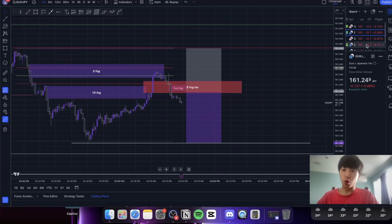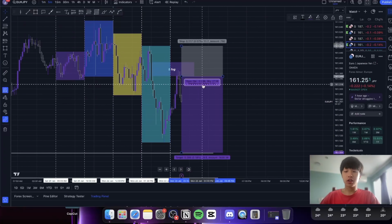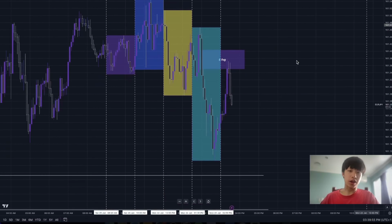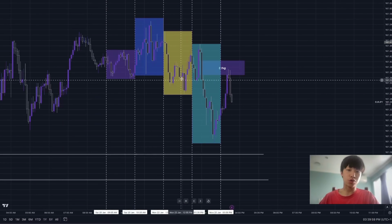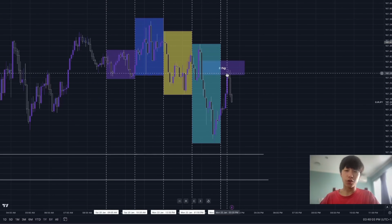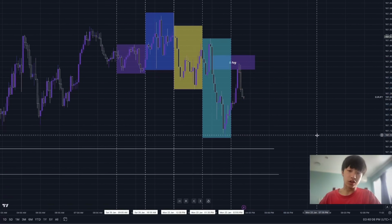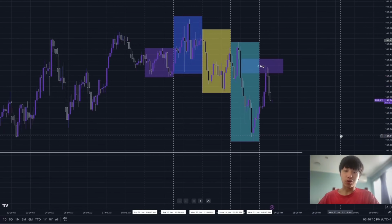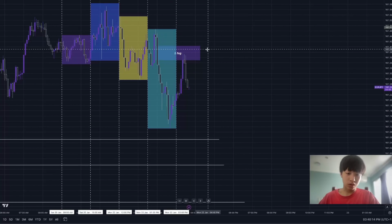In terms of quarterly theory, I don't think our quarterly theory is lining up with anything crazy. Smart money concepts is nice, but as you guys can see right here, accumulation, manipulation of the high, distribution, and then it continued extending. So now we should be in the phase of accumulation, or it might just continue extending. But realistically, I don't really want to trade, to be honest, because we should be in accumulation until